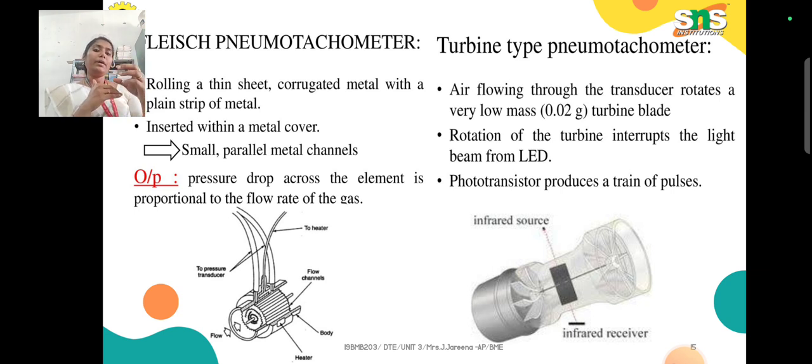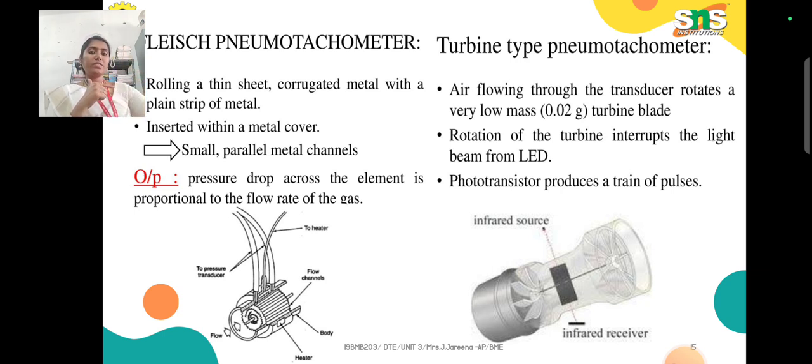In the differential manometer we placed a series of capillary tubes, but in the Fleisch pneumotachometer we place rolled thin metal sheets inside the flow path. These rolled thin metal sheets